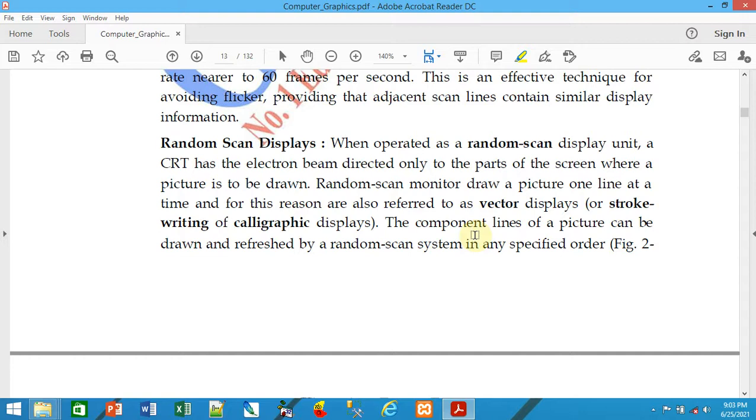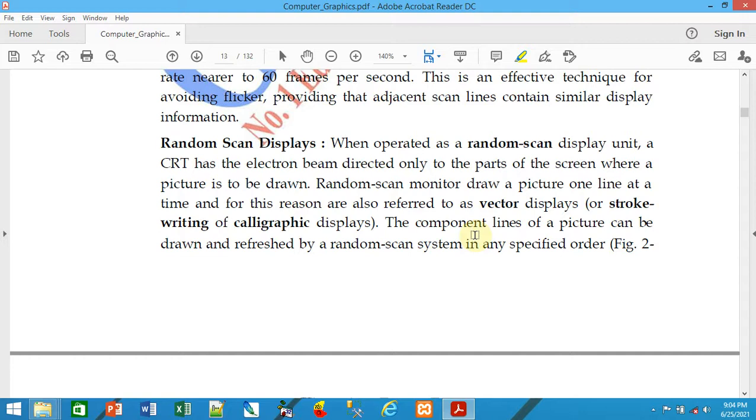Random scan monitors draw a picture one line at a time, and for that reason they are referred to as vector displays. If you draw a rectangle, triangle, circle or any geometric shape, these are called vector graphics, also known as stroke writing or calligraphic displays.